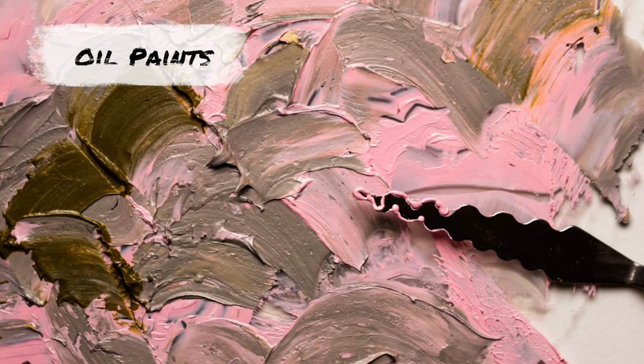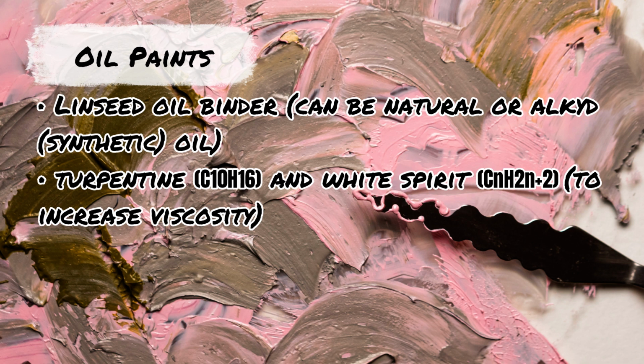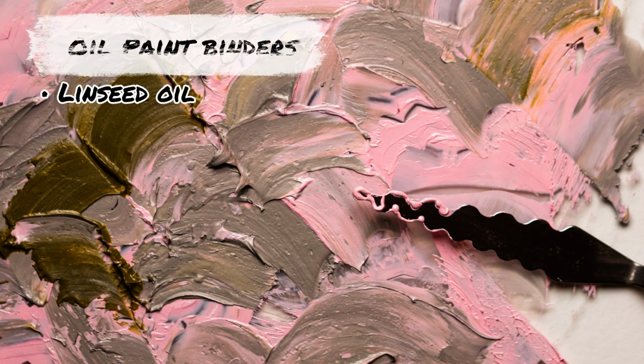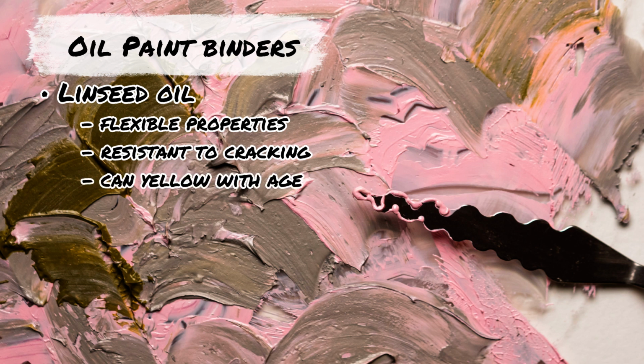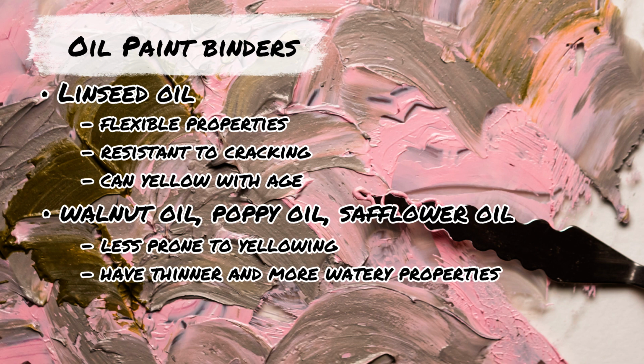Modern oil paints are overall made from oil binders such as linseed, which is a natural or alkylate synthetic kind of oil, with turpentine and white spirit added to increase the viscosity, or the thickness and density of the paint. Linseed oil is more often preferred because of its flexible properties and resistance to cracking, but can yellow with age. Other oils, on the other hand, like walnut oil, poppy oil, and safflower oil, are less prone to yellow with age, but aren't as popular because they have thinner and more watery properties, not to mention they often crack before